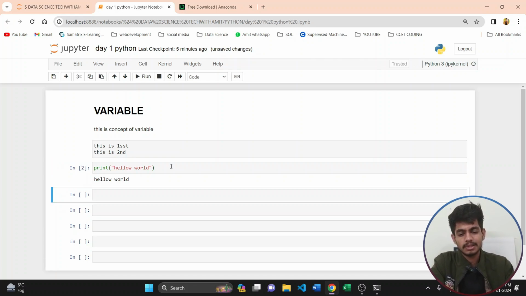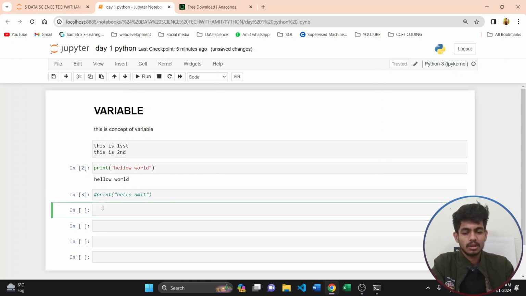programming language. After this we are going to the next concept, which is how to comment in Python. With the help of hash you can comment any line of code. So I just want to comment this particular code. Hello Amit. So this is our comment code. It will not execute because we are commenting this. So the comment is clear, and after this we are going to the next concept, which is to